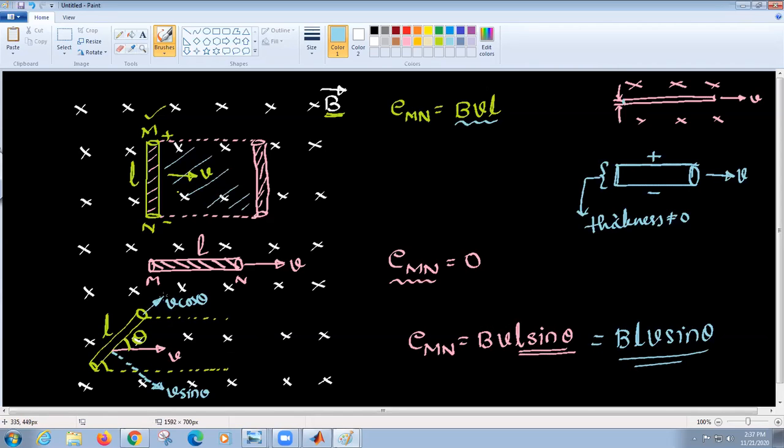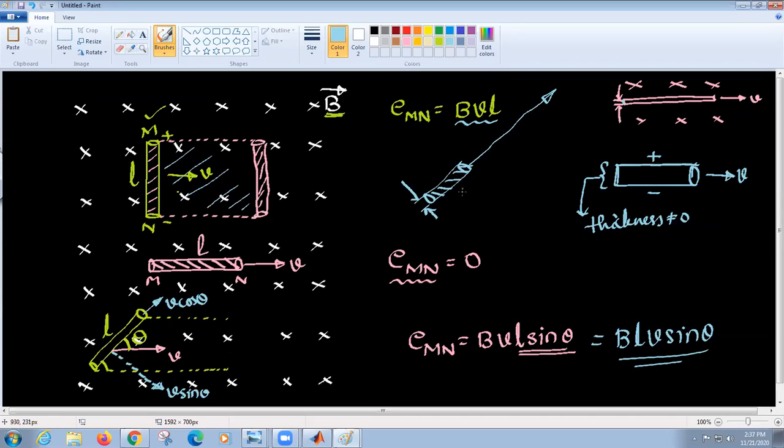If you move your conductor like this, and the thickness is very thin, this will not cut any flux.